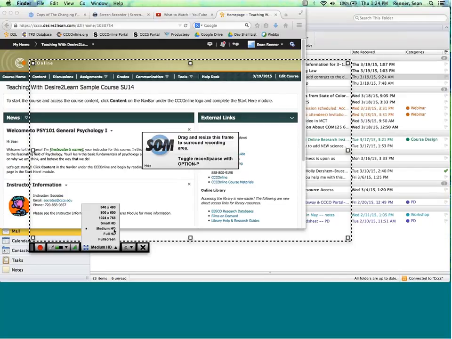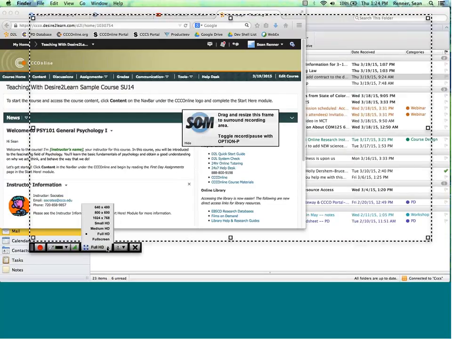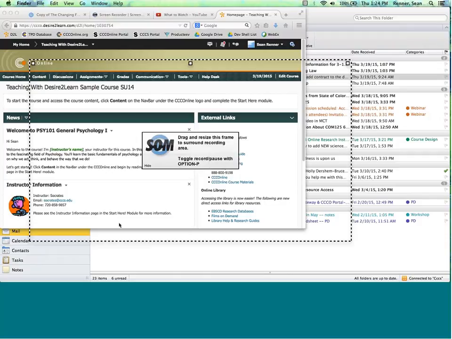They made up these names for their own sizes here. So you don't really take those names too seriously. Medium HD isn't really a thing. That's just what they decided to call the preset size of 1,024 pixels wide by 576 pixels high.